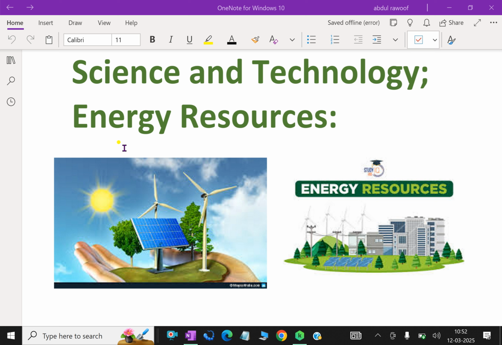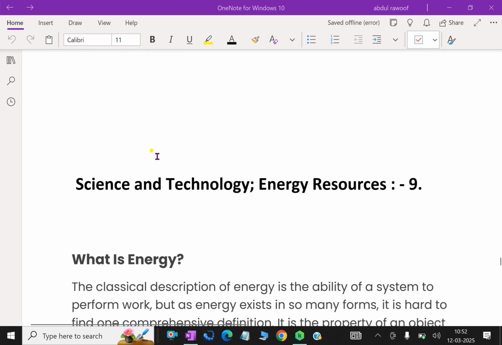Fossil fuels like oil, natural gas, and coal are our main source of energy. How are they formed? How do we find them and exploit them? What is the future of our energy needs? Here we will discuss further about energy sources.